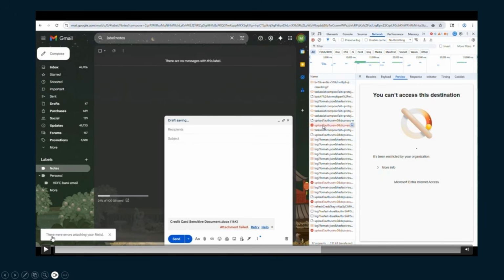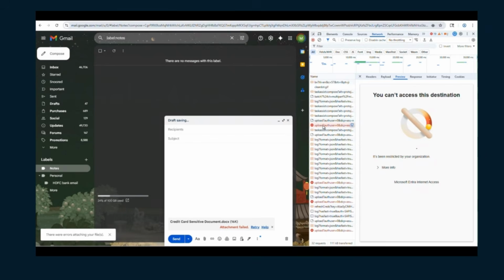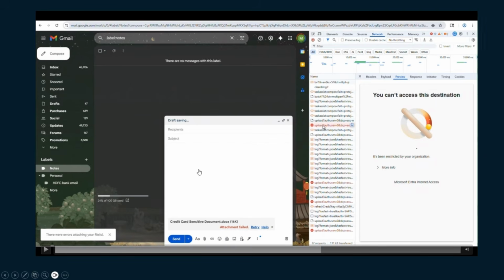Yeah. So there were errors attaching your files and the attachment failed. So this is the kind of experience that we see when the user is trying to share a document or attach a document on our webmail apps. And then